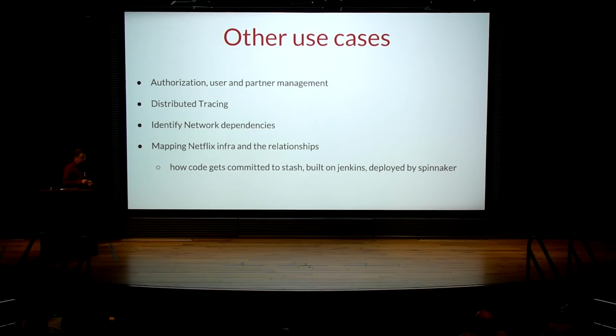But apart from DAM, we also have a number of other use cases. One of them is authorization, user, and partner management. So think about when we want somebody to partner with Netflix, then we have relationships that are being established. These relationships can be complicated. For example, we can have a Gmail account for that person, or an asset internally at Netflix can have a Gmail account, and he may have a white pages entry, or different types of entities may exist for a person or an entity. And therefore, this can be a perfect use case to store in a graph framework.